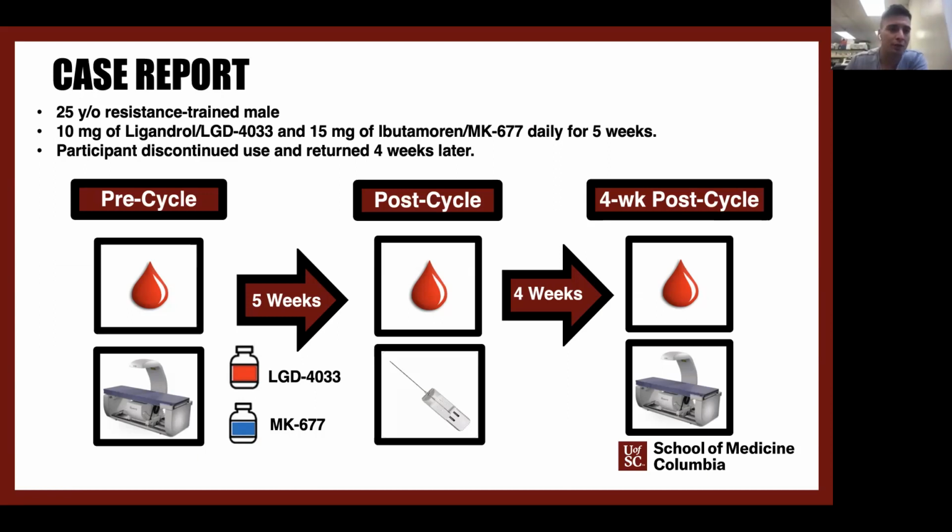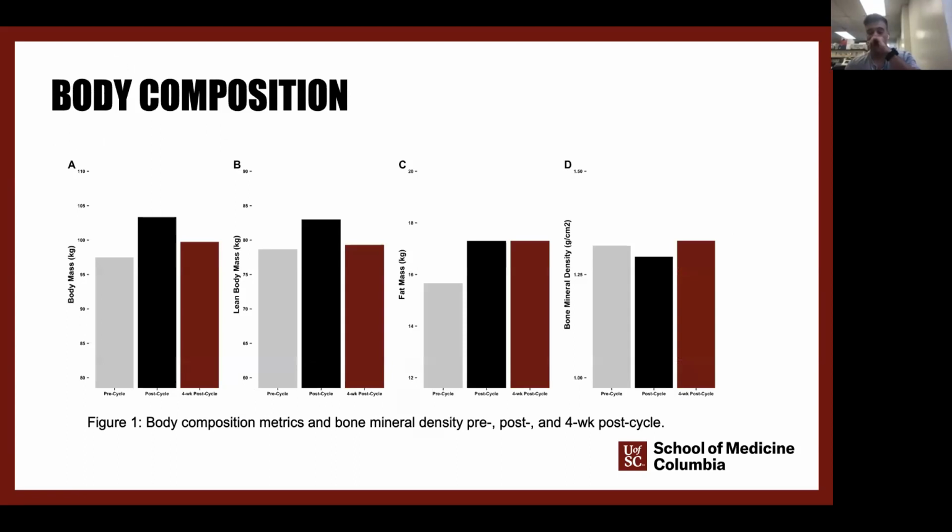All right, so this is the interesting stuff here, and I want you guys to ask questions and try to interpret what we're finding here, because it's interesting, and there's definitely a lot of questions here that this data can't answer, but opens up a lot of new questions. All right, so what's happening in body composition? We have an individual here. He went from about 97 kilos up to about 103, 104. So that's like 6-7 kilos, so 13, 14 pounds. Pretty substantial increase in 5 weeks. A hair over a month, this guy gained 14 pounds.